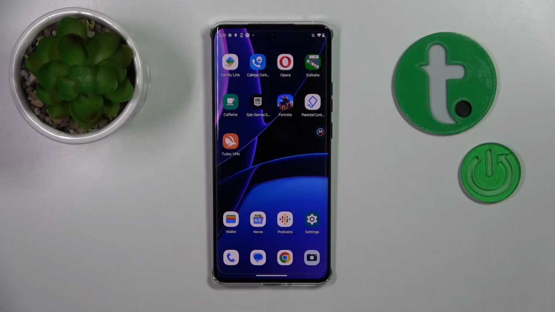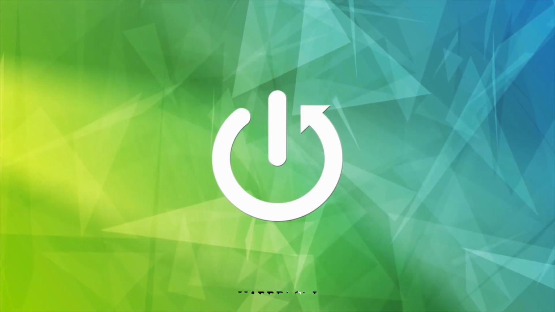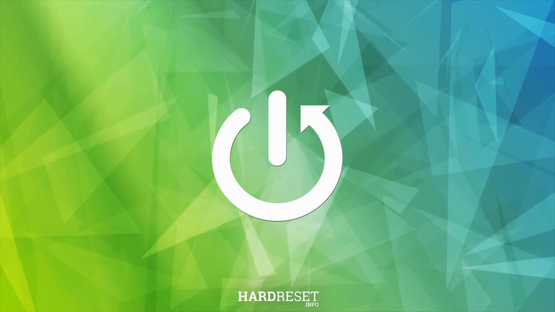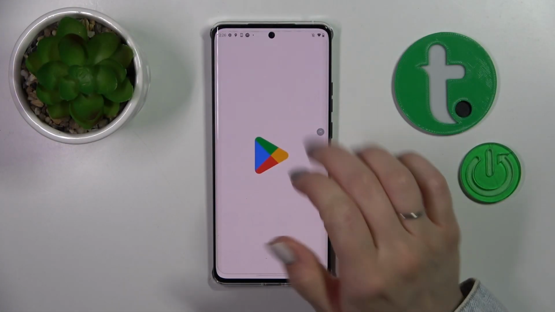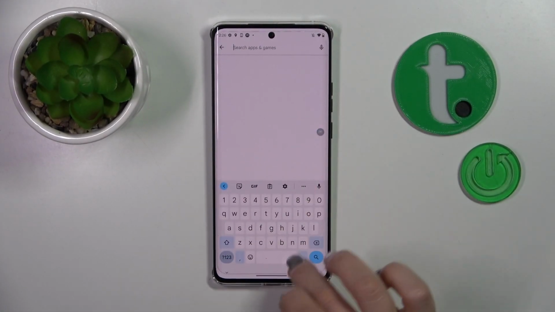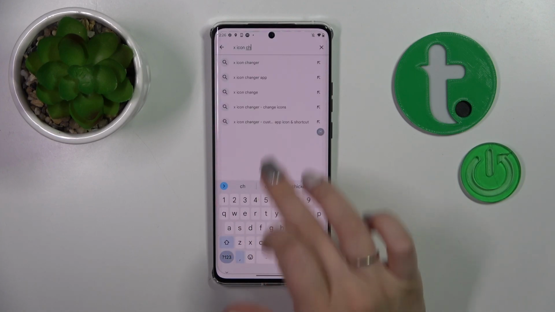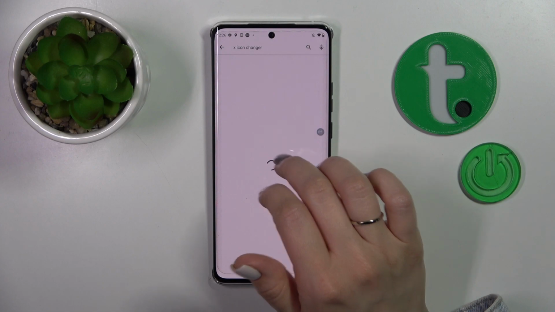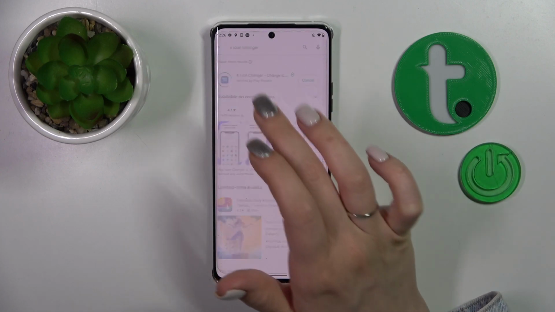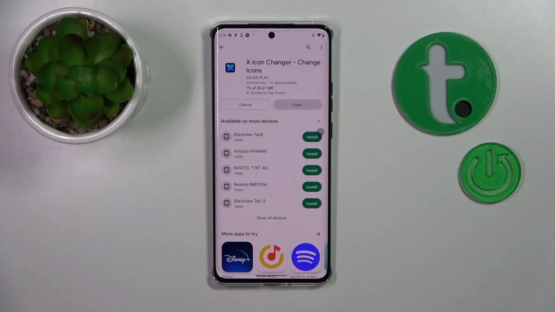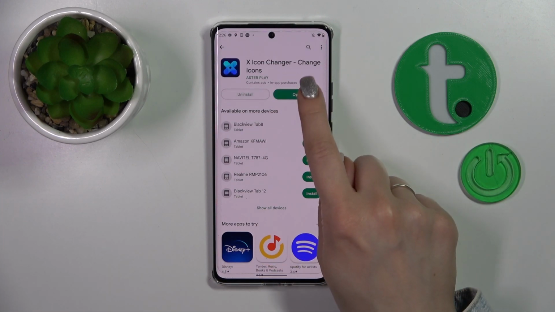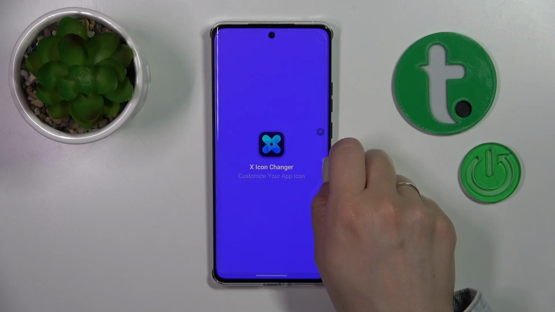Hi, this is the MOTOROLA Edge 40 and I'll show you how to change icon shape with the Icon Changer app on this device. So open first the Play Store application and in the search pool enter the Icon Changer. So now we should get this first application. That's why tap to install and wait a couple of seconds. So after that, just tap to open the app